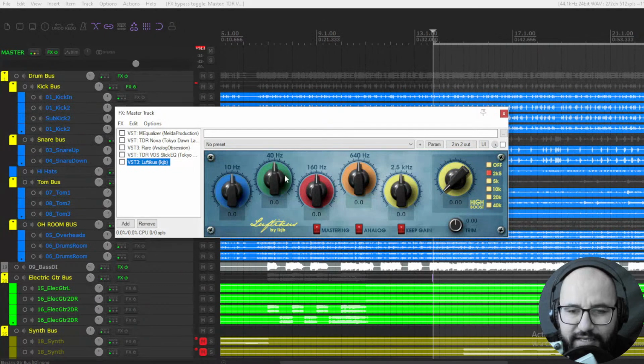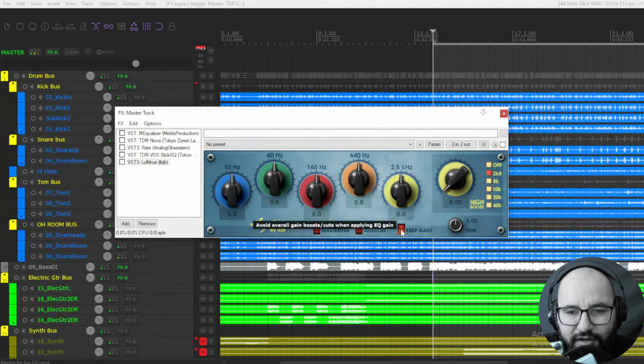This plugin, although it seems probably dated, and it doesn't have a visual representation of what it's doing like some others that I checked out in this list, is super, super cool. Also a very old one, but it has remained in my arsenal of free EQs for many years. It's super musical. The frequency ranges that we have here are very well thought out.